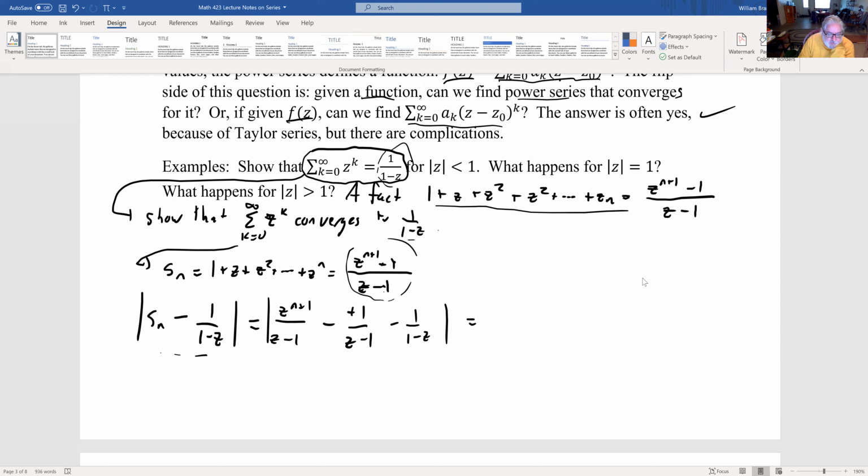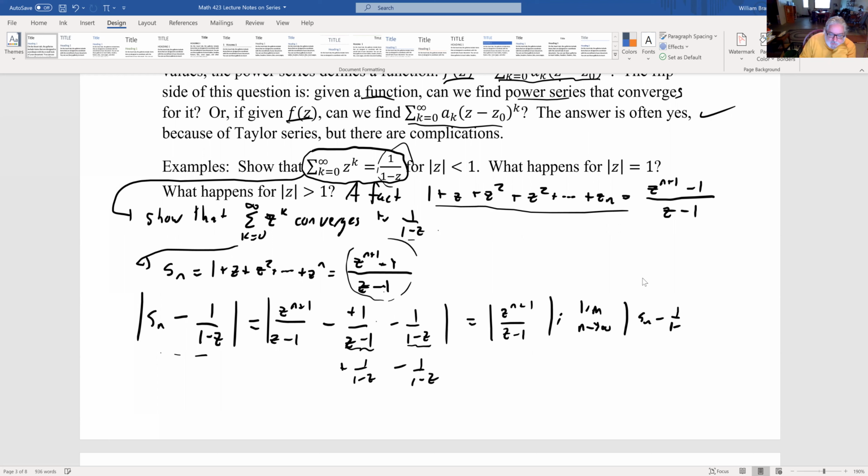So what do I get here? I've got z to the n plus 1 over 1 minus z over z minus 1. And then these two terms cancel out because this is the negative of that. And so I could rewrite this as plus 1 over 1 minus z minus 1 over 1 minus z. Great. And this is what we're looking for, is the limit as n goes to infinity of